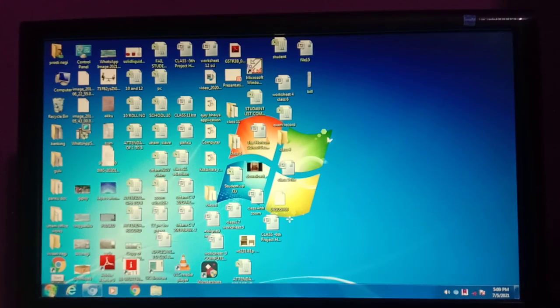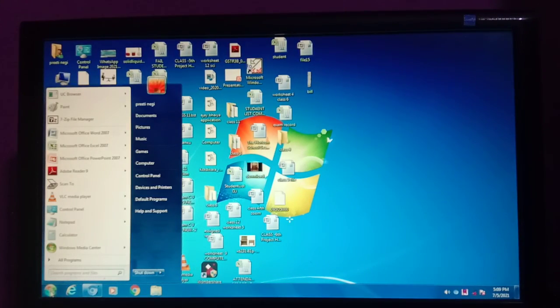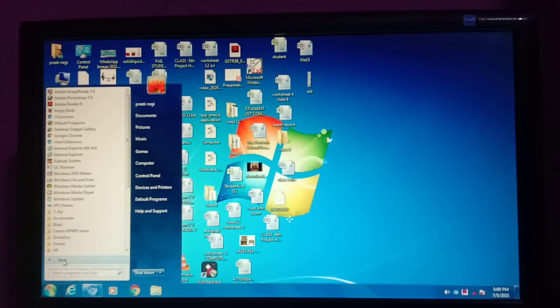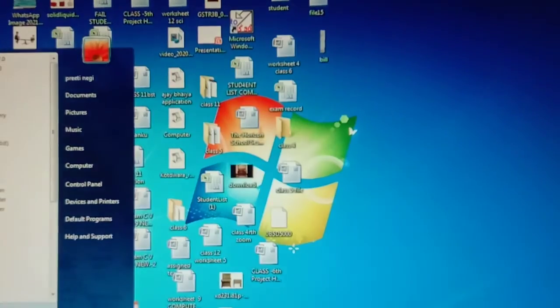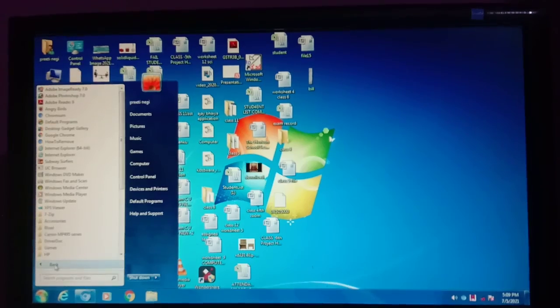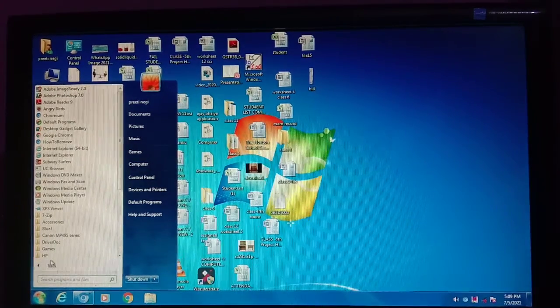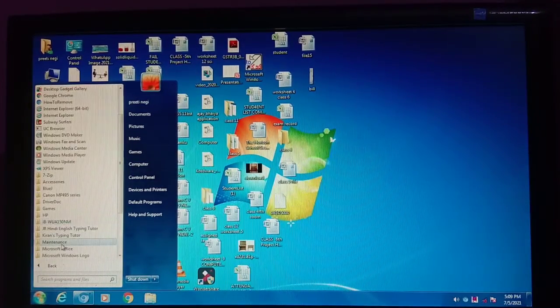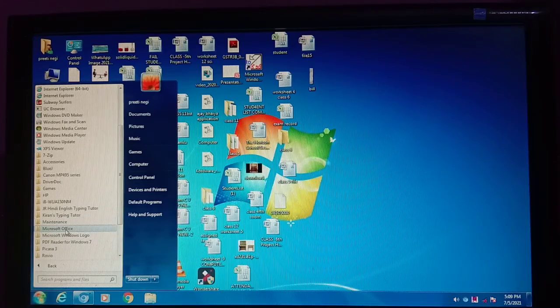For starting MS PowerPoint, you have to click on the start menu. Okay, and then you have to go to all programs. As you click on all programs, we have to select Microsoft Office. Are you able to see?